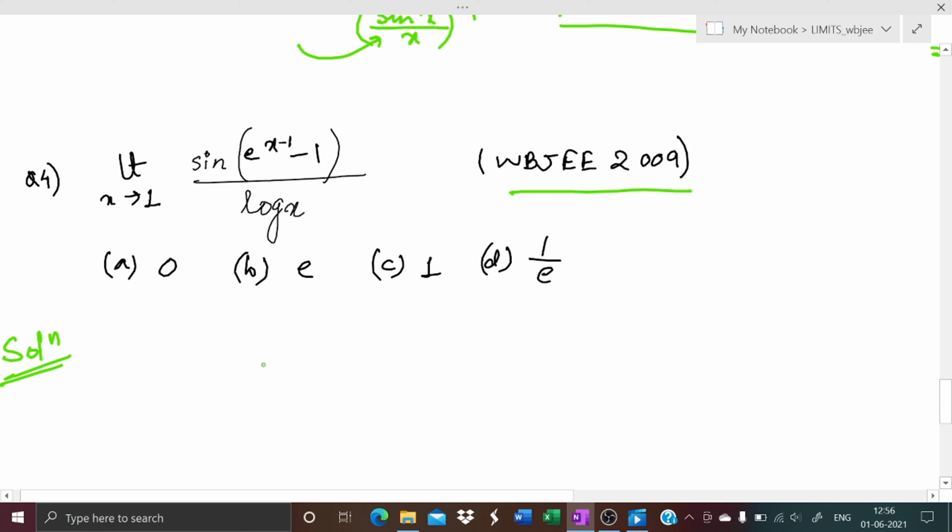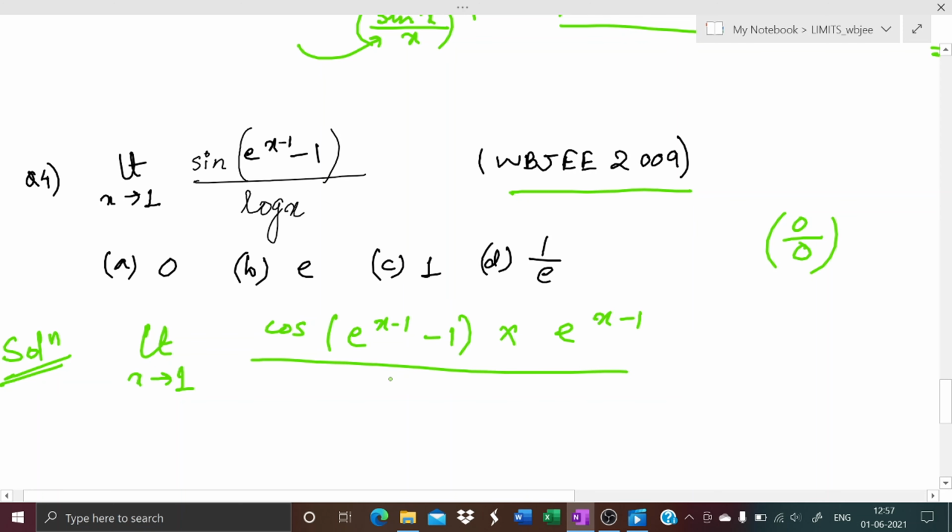This is an easy question. In this question you can apply L'Hopital's because this is not a very difficult or big function. The denominator will be becoming easy. It is also of the form 0 by 0. I hope you understood, and I will differentiate it. So it will be cos e to the power x minus 1 into e to the power x minus 1 into 1 by x, so into x. So